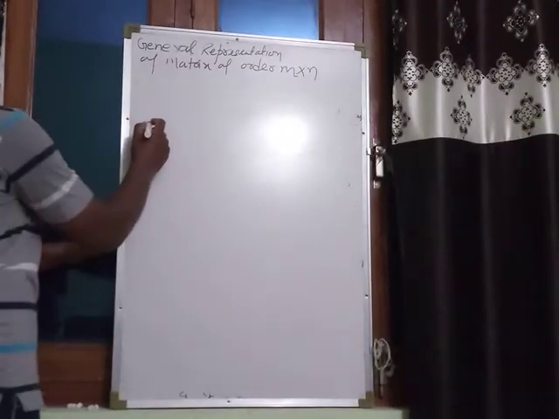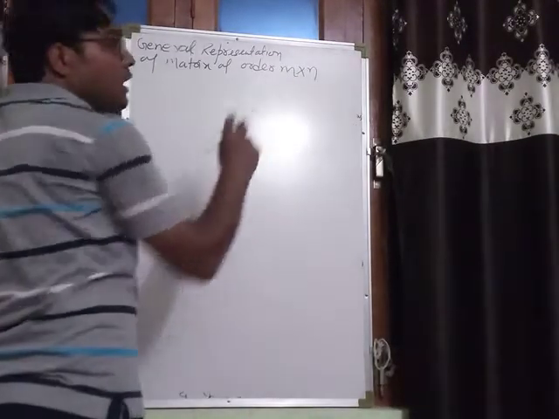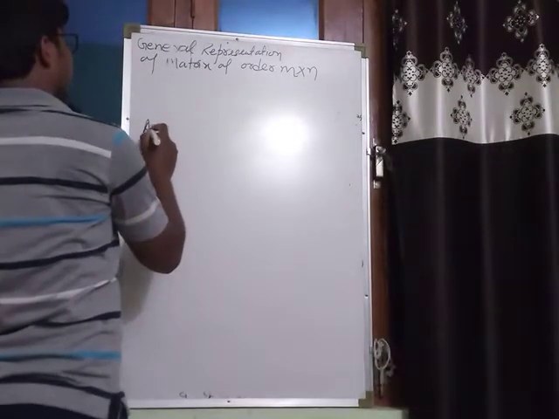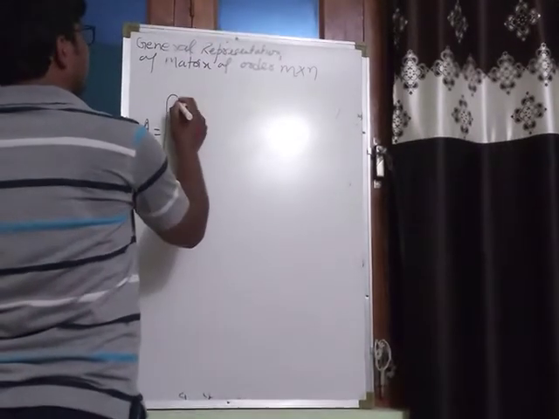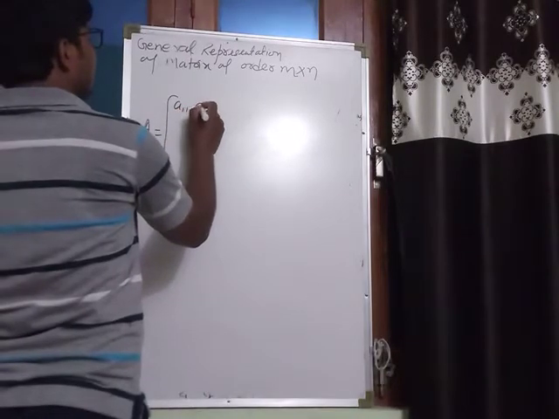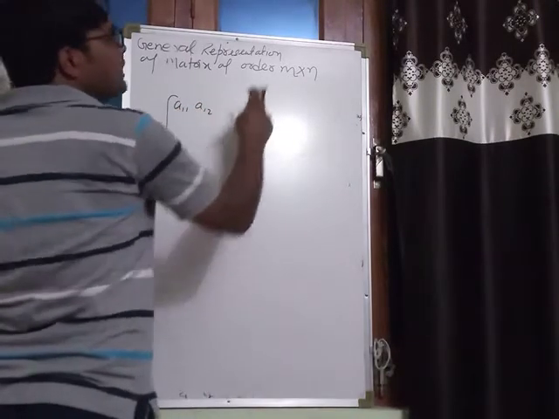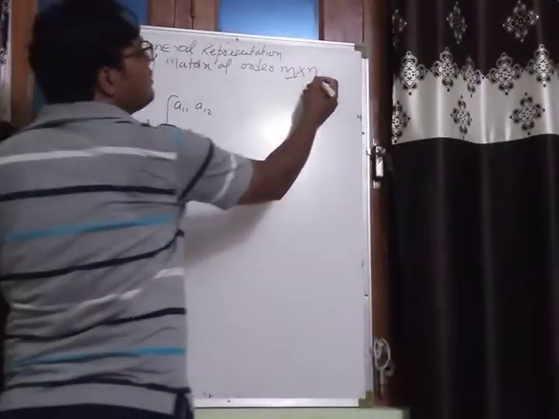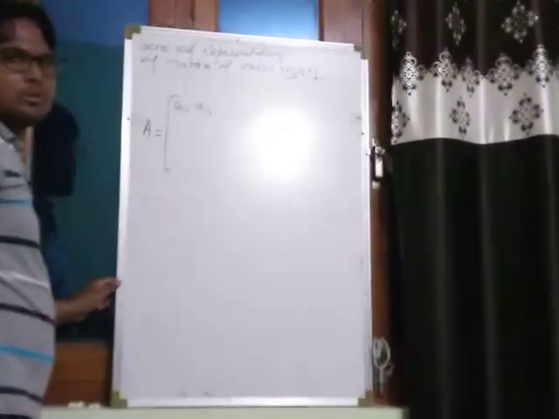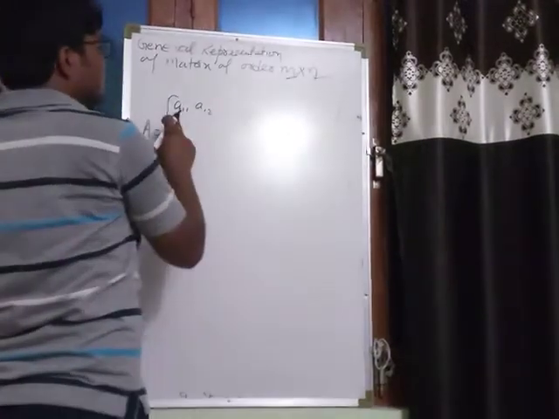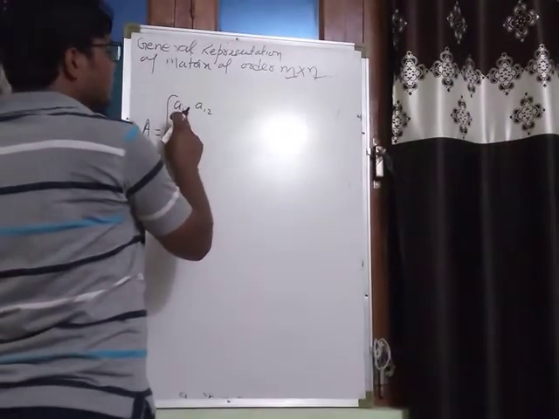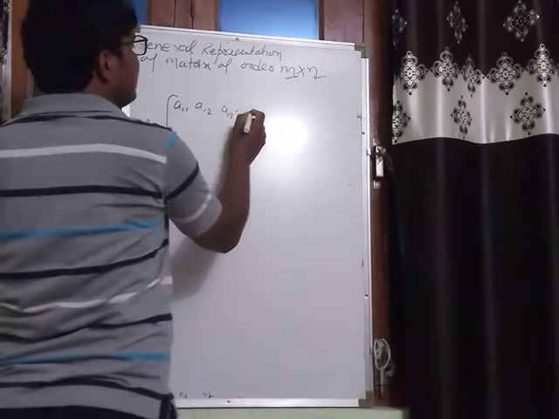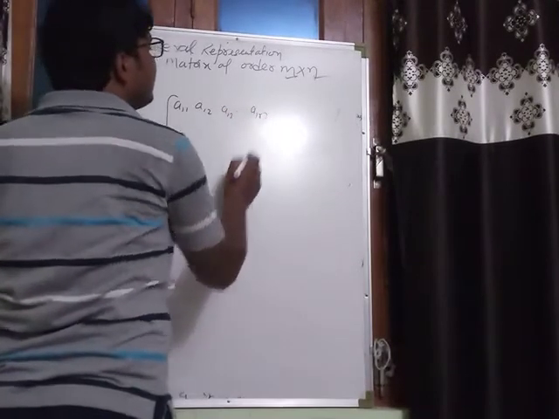See, clearly there are total mn entries, mn elements. It will be represented by A11, A12. You can see how many rows there, m rows, and how many columns there, n columns. So that is A11, A12, A13, and so on, A1n,